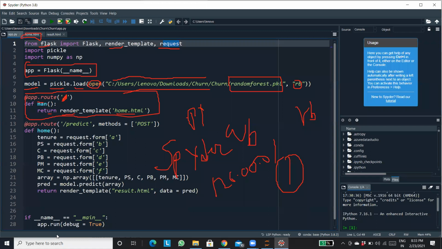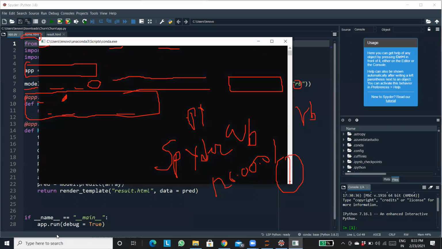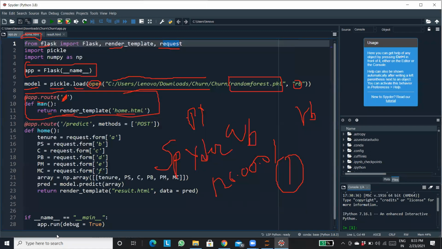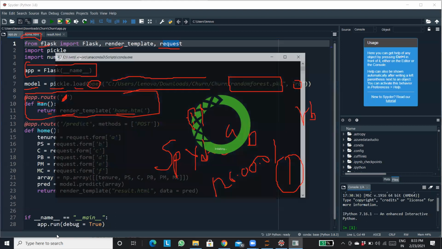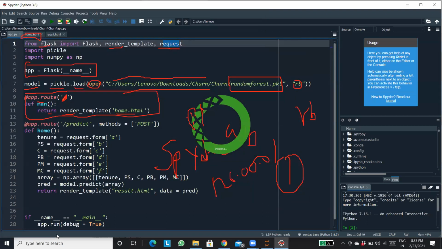Jupyter Lab, I guess it won't work, because it only works for .ipynb files. This is a .py file. The Anaconda is opening, just a second. Yeah, VS Code will also work.